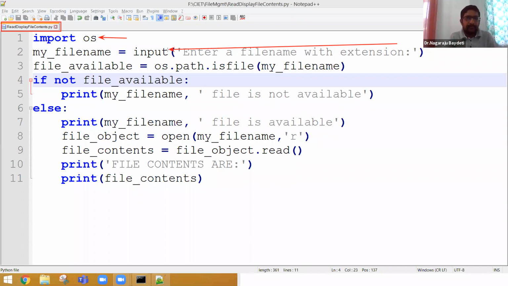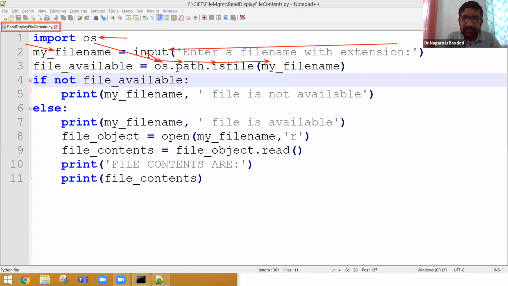Now in line number 2, I am trying to read a file name to read the contents and display it. So what is my underscore file name? It will be just a string. Why is it a string? Because input reads strings. What is that string? The file name with extension. First, I am searching with os.path.isfile, my file name.